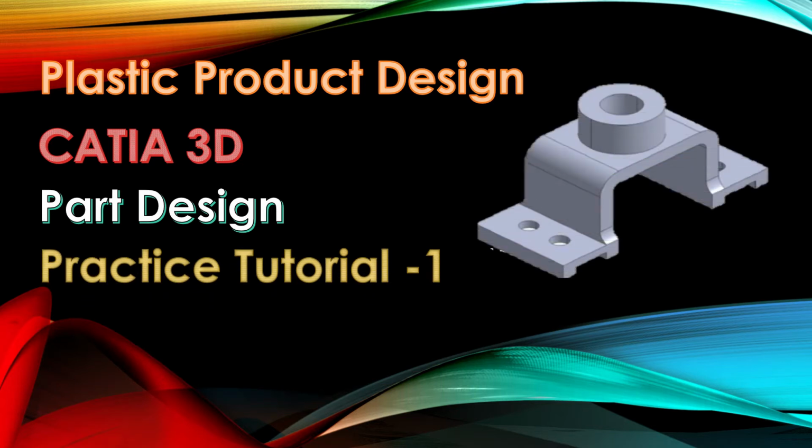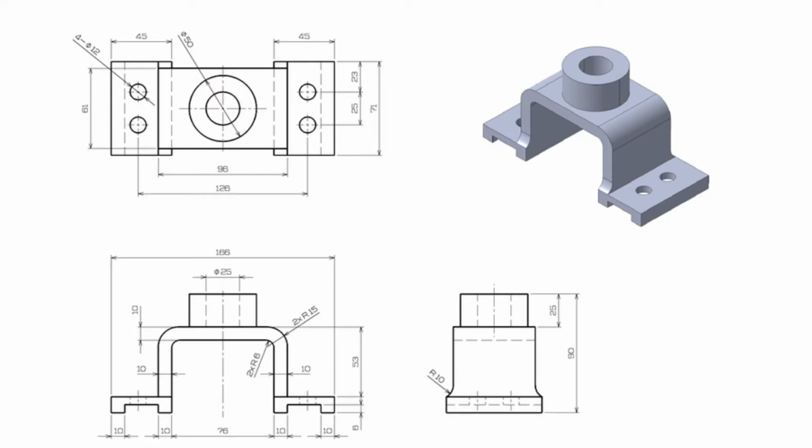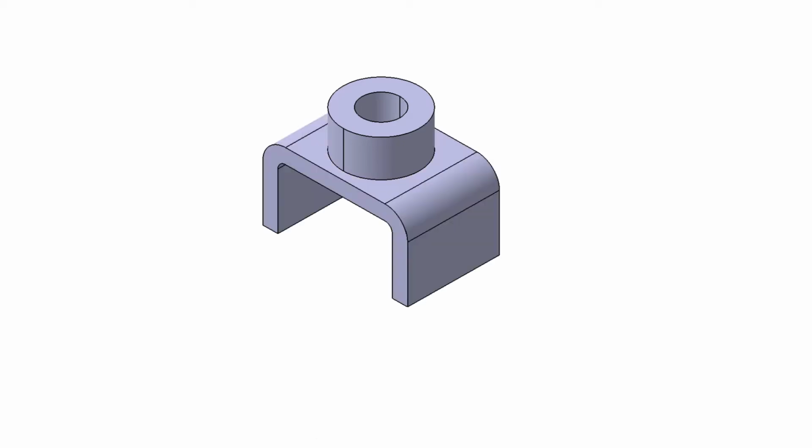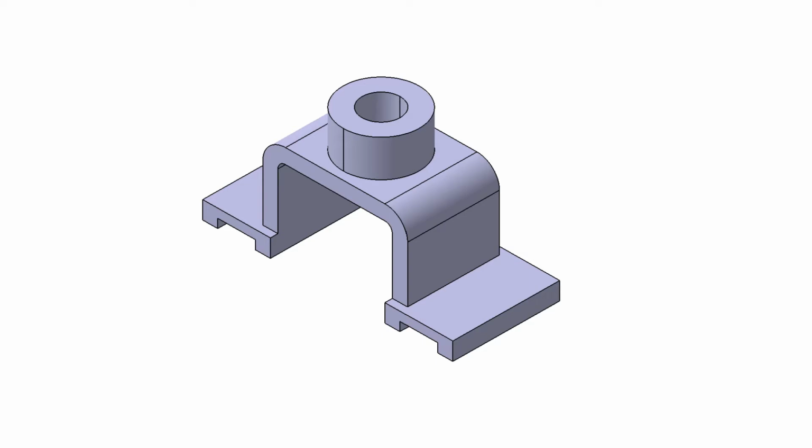You can see the image. It is the task for today's tutorial. Some dimensional specifications are given for tutorial 1, with the front view, top view, side view and isometric view, so it will be clear. First of all, we will go through the process of developing the part in CATIA. We have to design this circular cylindrical part, then draw and pad this C shape, then pad the bottom part, and after that the finishing operations will be taken care of.